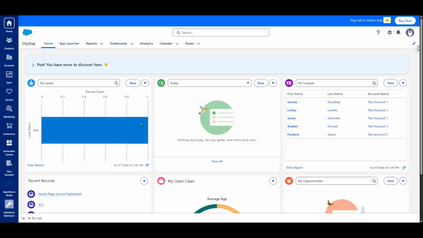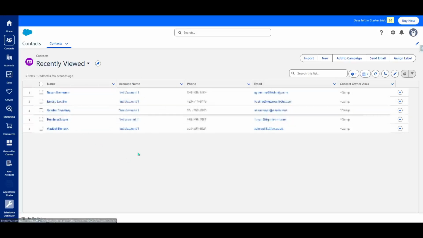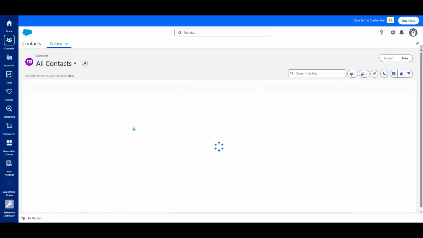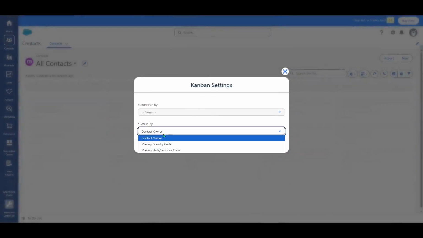In today's video, I'm going to teach you how to use the Kanban view in Salesforce. Kanban is a visual way to look at your records so you can quickly see how work is progressing. Instead of scanning rows in a table, you'll see columns with cards you can scan at a glance. This is especially helpful when you want to understand where things stand by a specific field, like a status or stage. Let's walk through how to switch your current list into Kanban and set it up so it makes sense